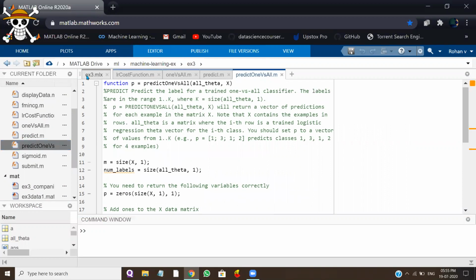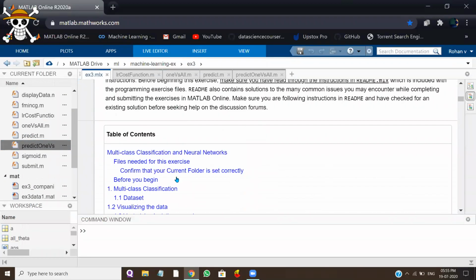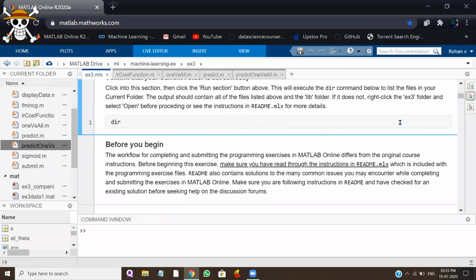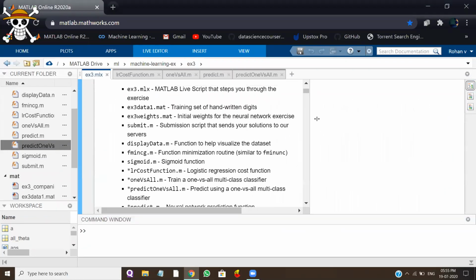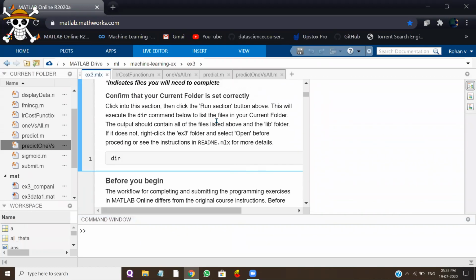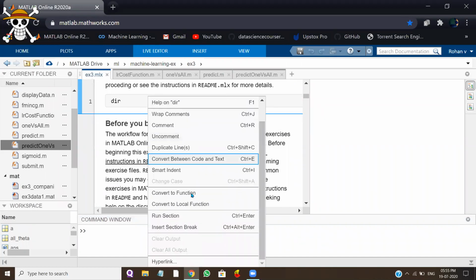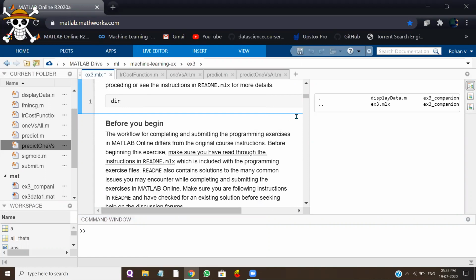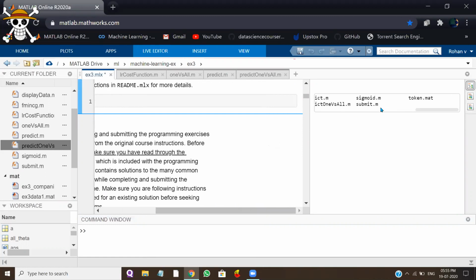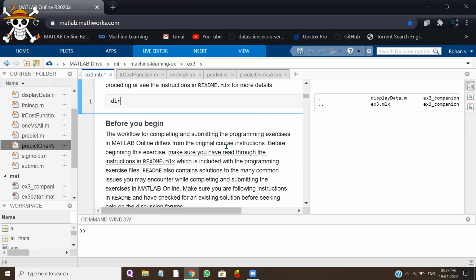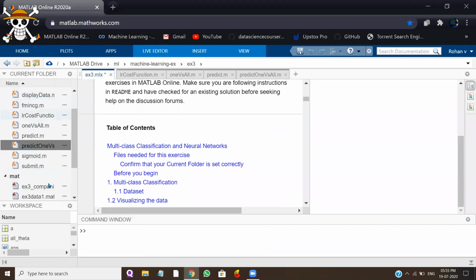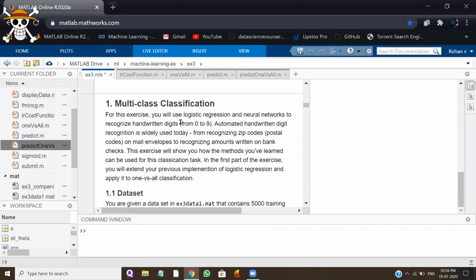Okay. So first, you can scroll down. Here you can see 3 icons. Make sure that you have clicked on the first icon, which says output on the right. So you'll be able to see all the output on the right side. We'll execute this. You can either press Control Enter, which is a shortcut, or you can left click and run section. You can see the output. It's the right output. So make sure you have opened the same directory. Okay. Then scroll down.